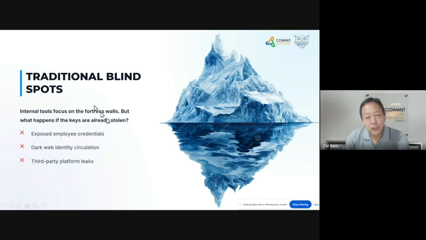But you see, our traditional tools are still looking at how you protect your assets, right? How do I protect my server? How do I protect my users' machines and things like that? We are all talking about that. That's all the technology part, right? With all the technology part, here's the problem.